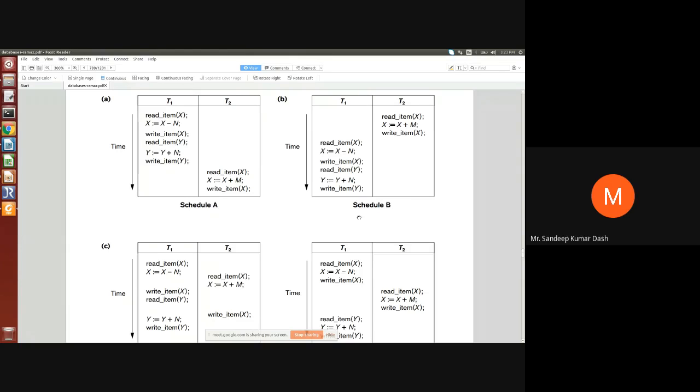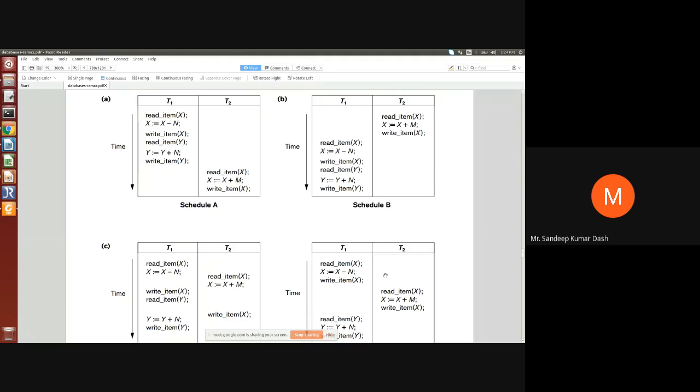First test is to see which data item is getting read. This X is getting read. Who is reading it first? In the serial schedule, T2 is reading it first. The T1 is reading it first. So the second condition is not matching. Second condition was that whoever was reading the value of X first in any transaction in the schedule, that transaction itself should read it in the interleaved schedule. But this is not happening. These two are not view serializable.